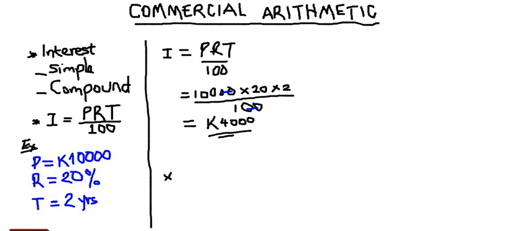Whereas for the compound interest, the formula is given as the amount to be paid back is equal to the amount which is borrowed, the principal, times 1 plus the interest rate over 100, everything in brackets here raised to the power of the period of borrowing, right? So if we look at an example,